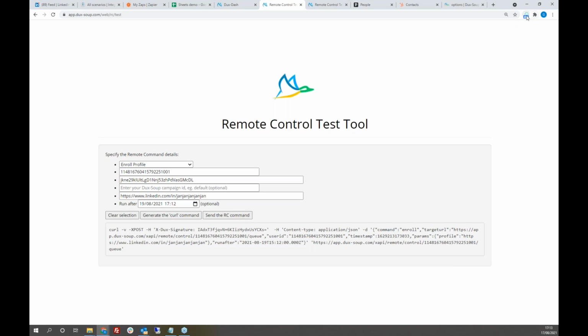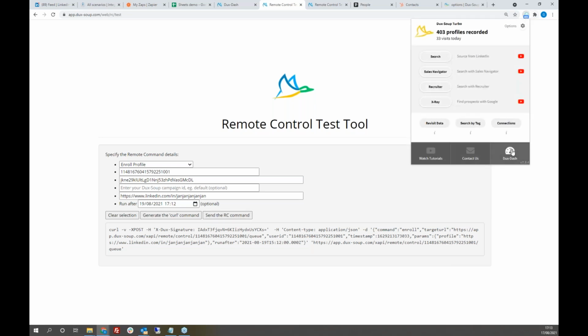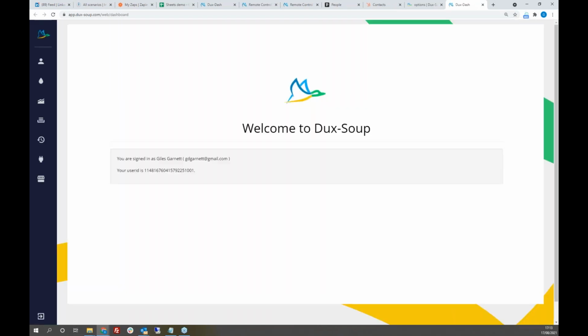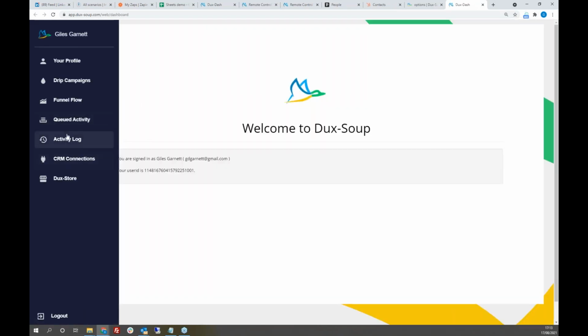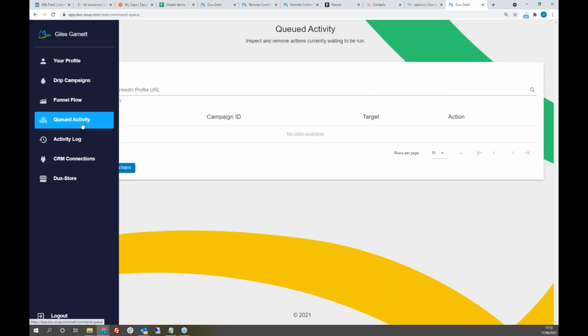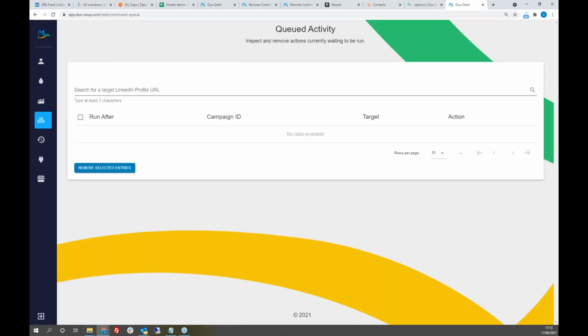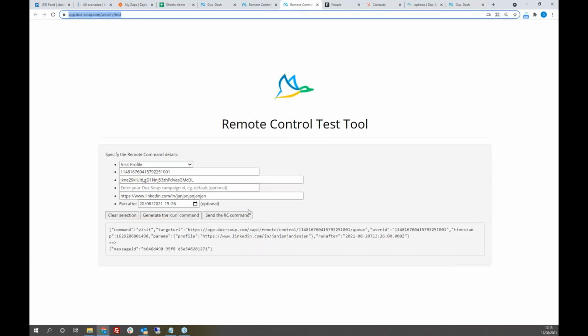So if I open up my Dux Dash and have a look at my queued activity, we should see that there's nothing queued now. If I now go back to here and send the test remote control command to enroll this URL into my default campaign,